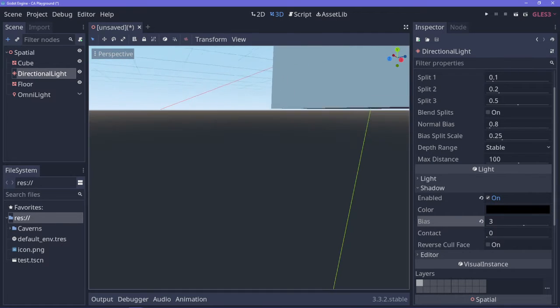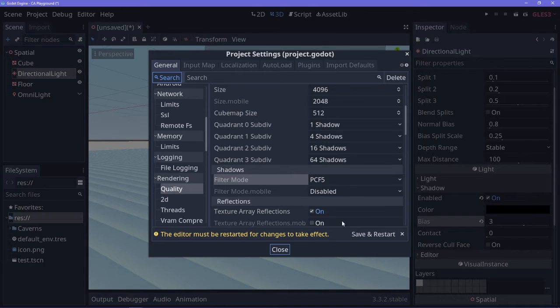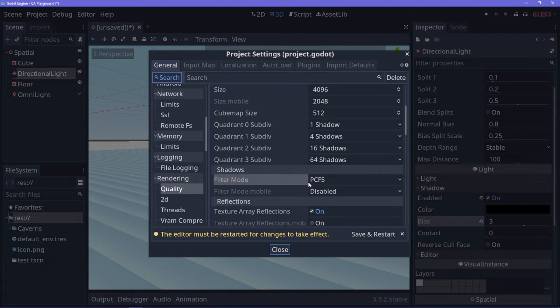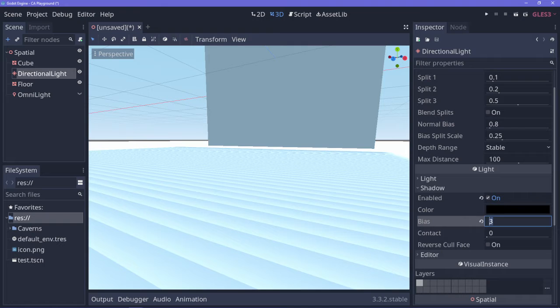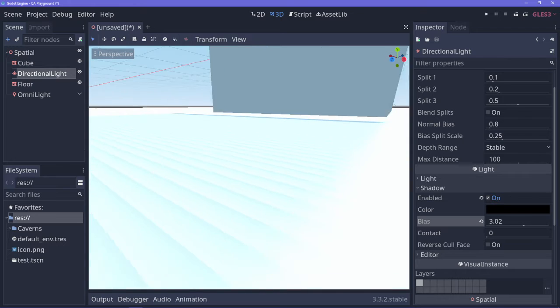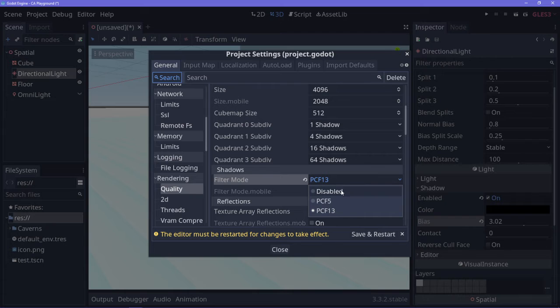But if we go back to this, there's a few ways you can fix banding like this. One of the ways is to go to shadow filter mode in render quality in your project settings. By default, it's at PCF5, and if you turn it to disabled or up the filtering, the banding can look a little bit different. I think I can get an example here where it's just barely noticeable. Over here at 3.02, PCF13, if I disable it,